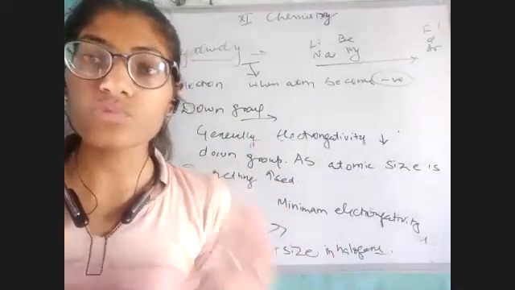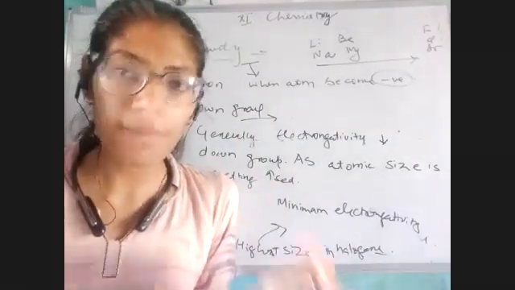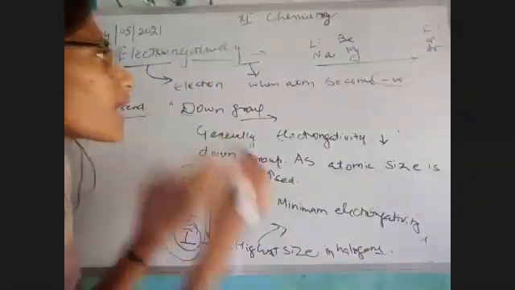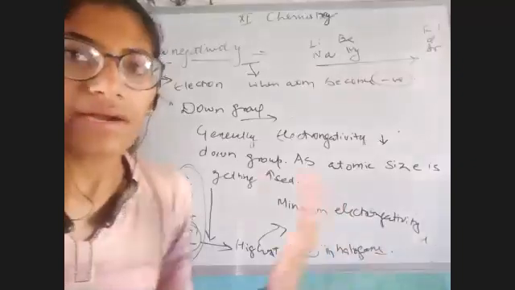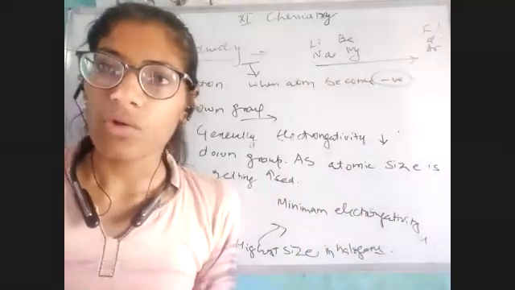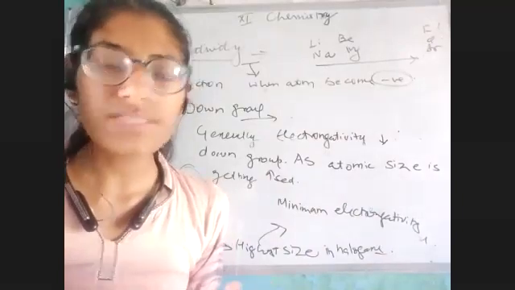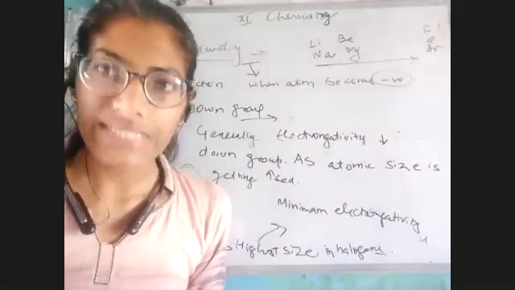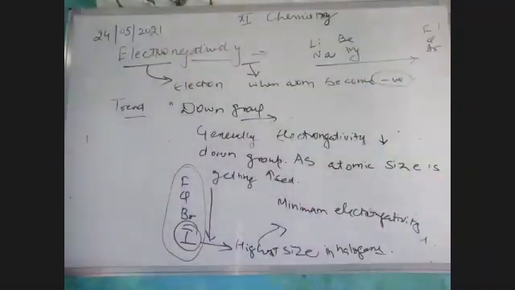है ना? So this was the point, how we can explain what electronegativity is first of all. And the second point, how electronegativity depends across a period as well as down the group. Okay, bache? I hope I'm clear with the topic. Now let's move with our last physical property, that is metallic and non-metallic character. Okay, let's move. This is also very simple and also dependent upon the electronegativity.